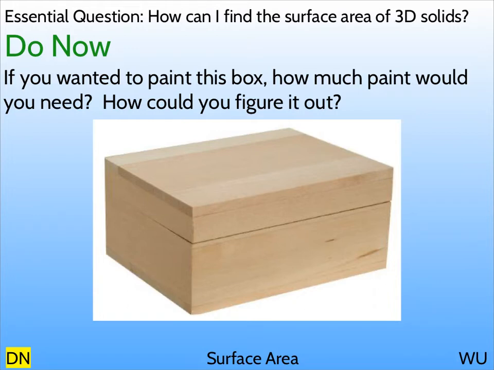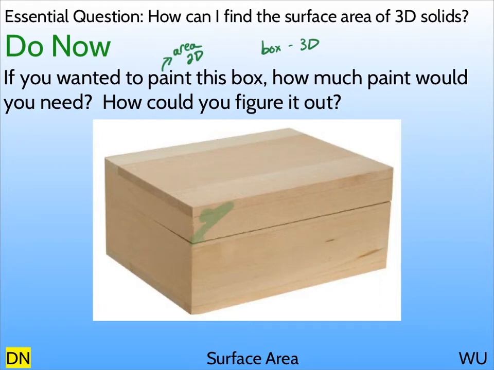Now, with this, it's a little weird because the box itself is obviously a three-dimensional shape. You can pick up a box, you can throw it around, you can put stuff inside of it. But to figure out how much paint you would need, that's actually an area question. And an area question would be a two-dimensional sort of measurement, because what you're actually looking for is the